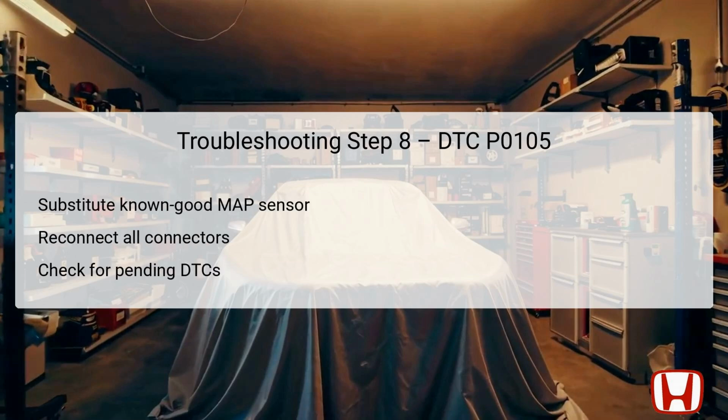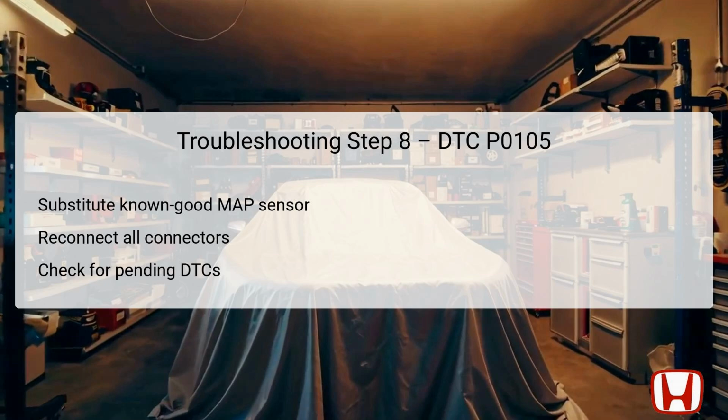In the final troubleshooting step, you will check the MAP sensor itself to confirm its operational status. Start by substituting a known good MAP sensor, which allows you to eliminate the possibility of the sensor being faulty. After replacing the sensor, ensure all connectors are reconnected properly to avoid any connectivity issues. Next,